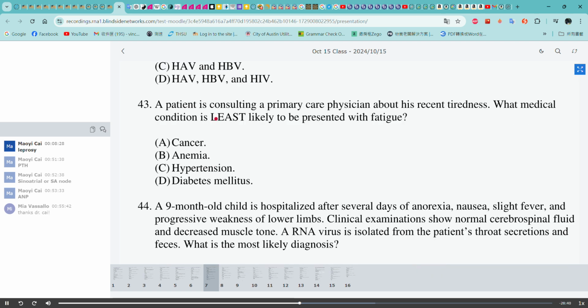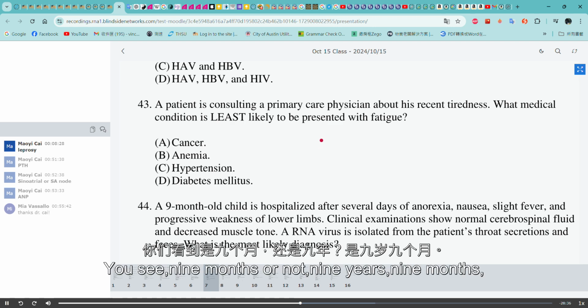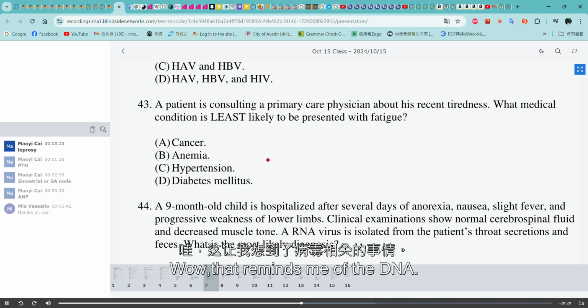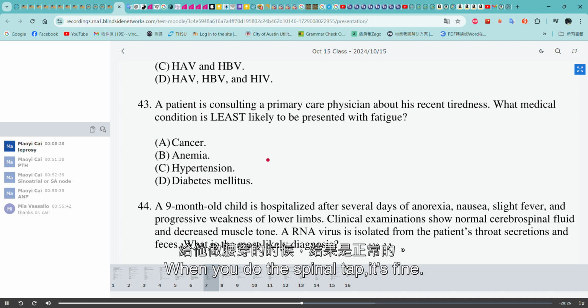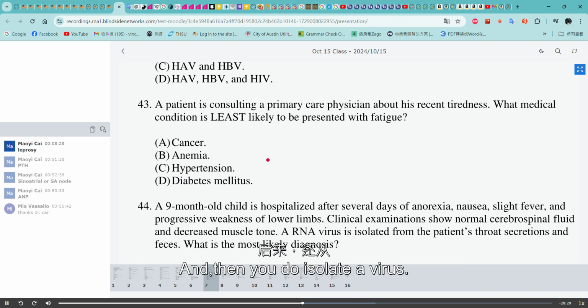43 C. 44. 44 is a 9-month-old hospitalized. You see, 9 months old, not 9 years, right? Nausea, vomiting, high fever, weakness of the lower limb. Wow, that reminds you of something. And then when you do the spinal tap, it's fine. But we do find out the muscle is getting very weak. And then you do isolate a virus from the patient's throat. So this is actually what? A